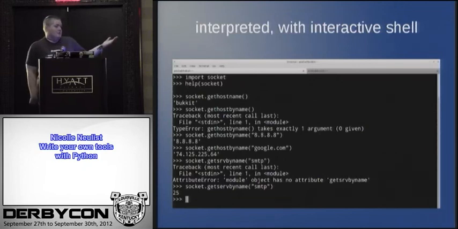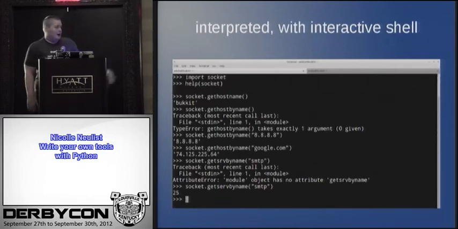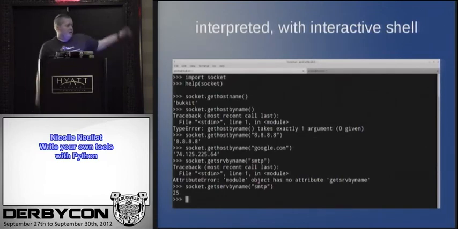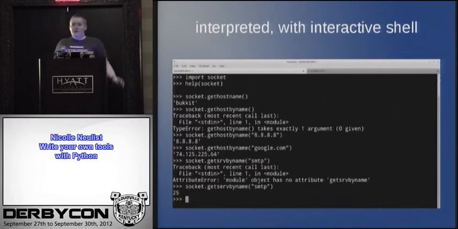So it tells me it actually needs an argument. So I throw in an IP. It's not a name, it just spits back the IP. I throw in a host name, there we go. It gives me the IP address that resolves to that. So that's just kind of an example of bumbling through it in the shell.